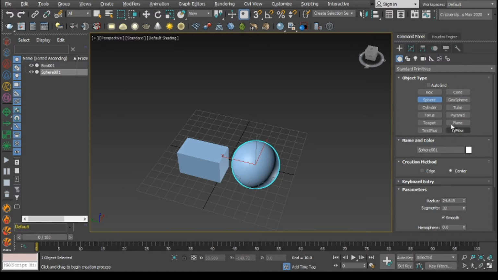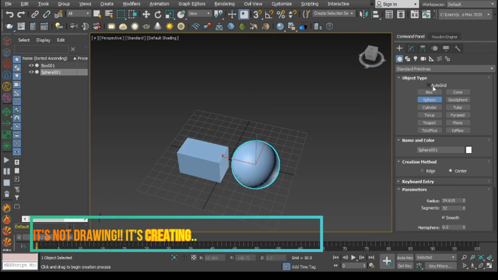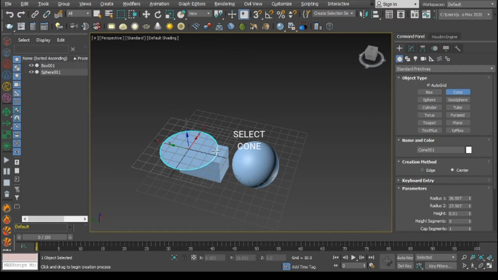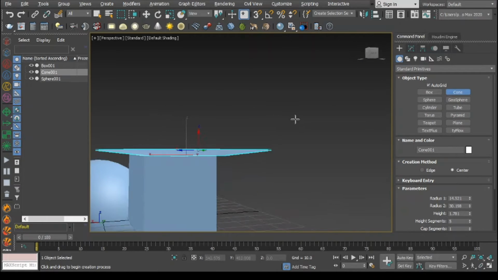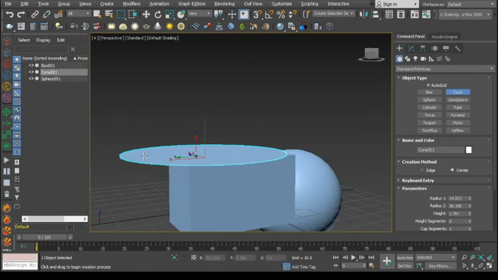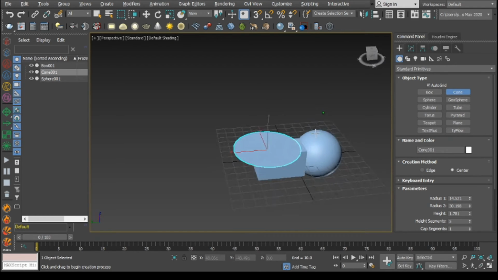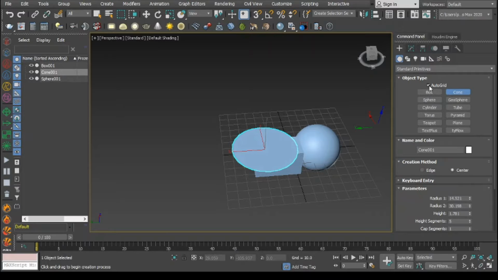Here you have sphere, you can draw a sphere. Here you can see the AutoGrid icon. So if I check the AutoGrid icon and place it over a cube, you can see another grid has already started on the top of the cube. Means that there will be no space. If I zoom in and rotate, you can see there is no space between the cone and the cube. That's because I turned the AutoGrid on. So if I try this again, unchecking the AutoGrid, you can see I started from the bottom.